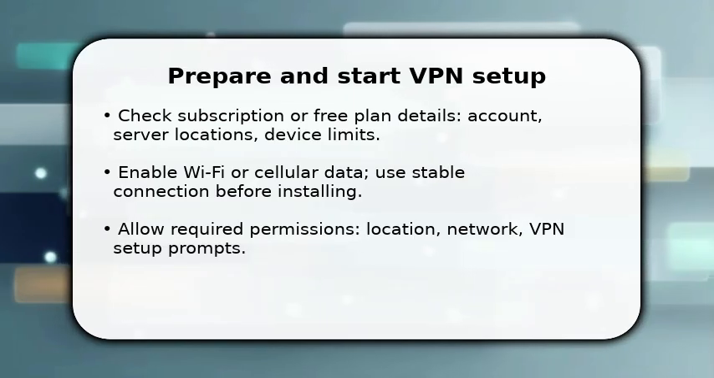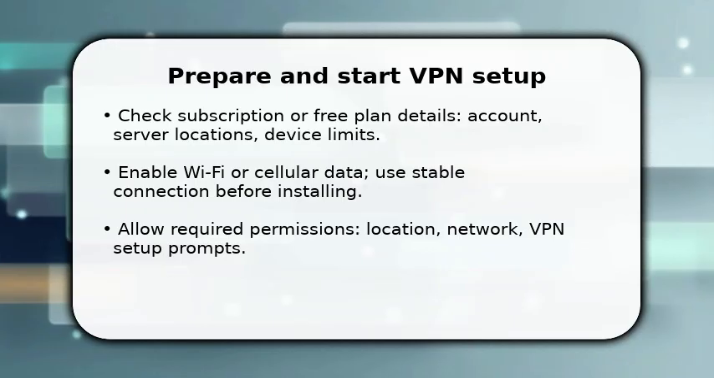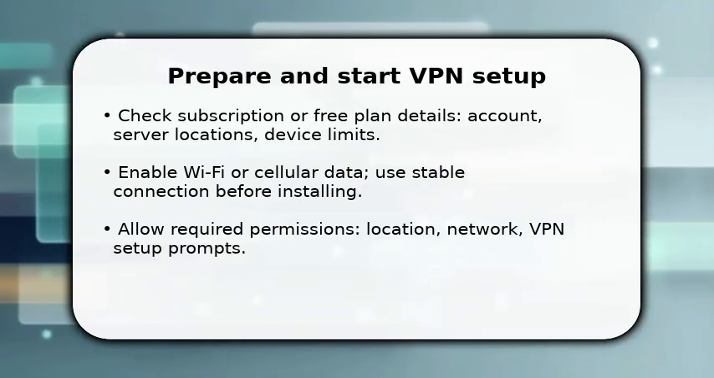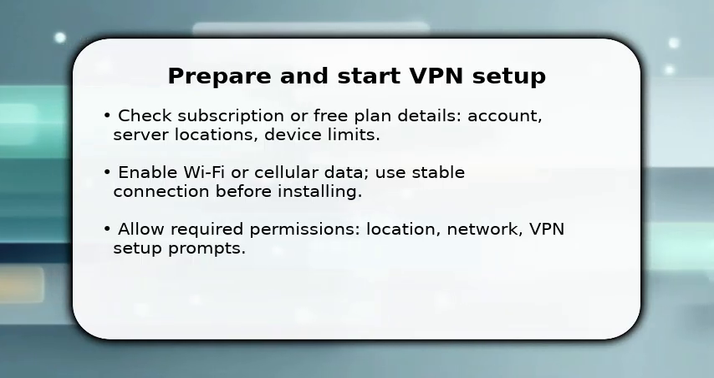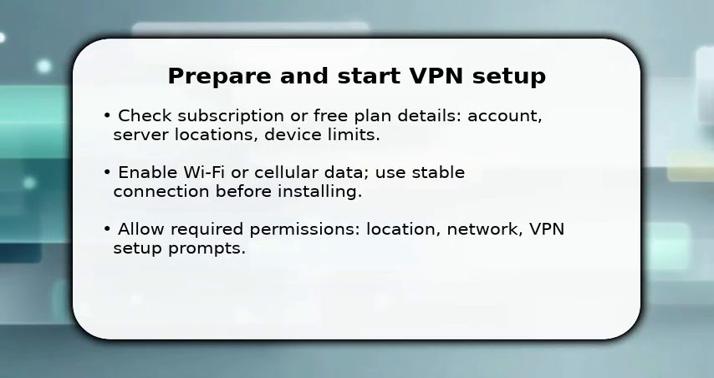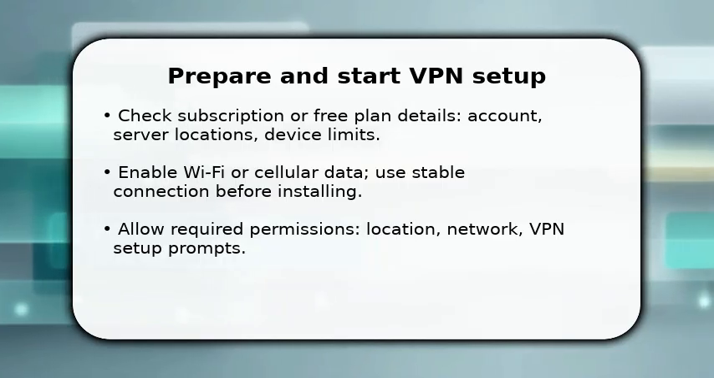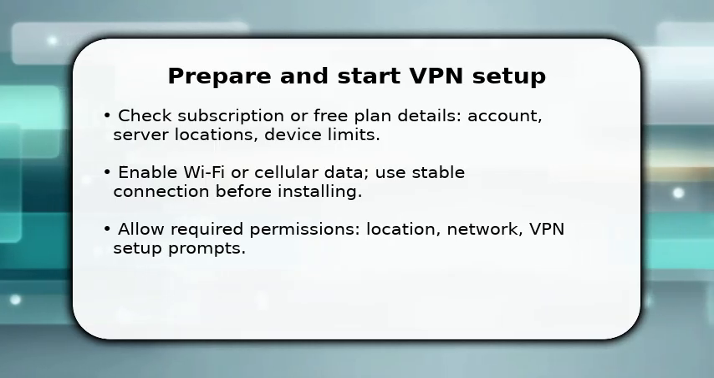Enjoy the video. You begin by confirming you have a VPN account or plan ready and a stable Wi-Fi or cellular connection. Install the official VPN app from your device store. Once installed, open it and sign in with your credentials. You'll be prompted to grant permissions for network access and to add a VPN configuration. Tap Allow. Make sure you note any 2FA codes and server preferences now, because these first steps save time later